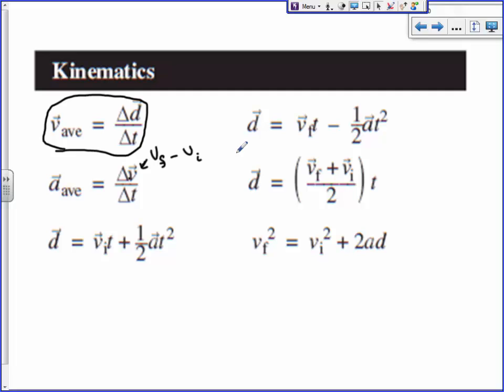Often, one of those 2 is 0. Like often, either you're ending up stopped, or you're starting from a stop. You don't have to, right? Like if I slam on the brakes of my vehicle, I was going 100 kilometers an hour, and now I'm going 20 kilometers an hour. The change in velocity would be negative 80 kilometers an hour. Does that make sense? So the numbers don't have to be 0 for either one, but it implies that you need to know 2 different